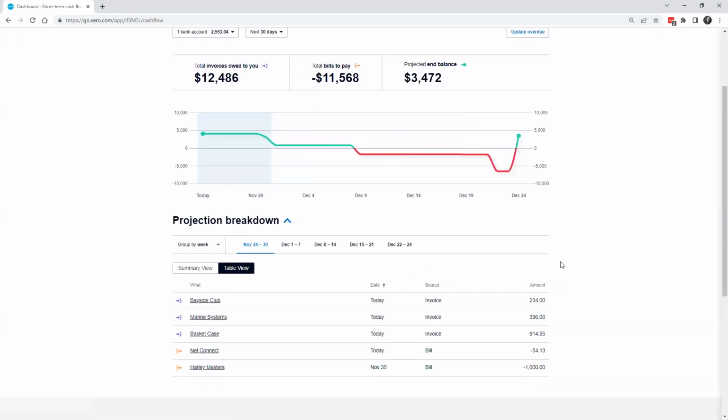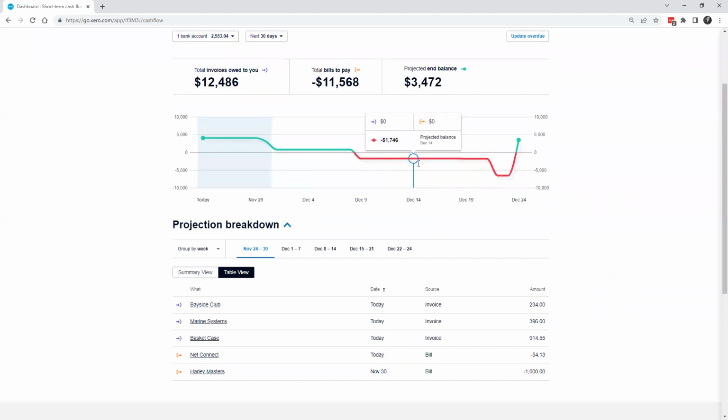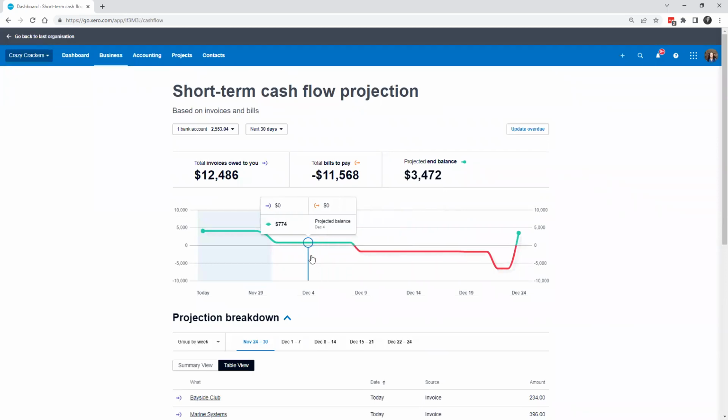Well, one, I can make sure I have a line of credit so that my bank doesn't go into overdraft. And if that's in place, then I'm comfortable using that overdraft. I could put in some personal cash to get through this cash flow shortage and deposit it now, knowing that possibly we are going to be cash flow positive in the future,